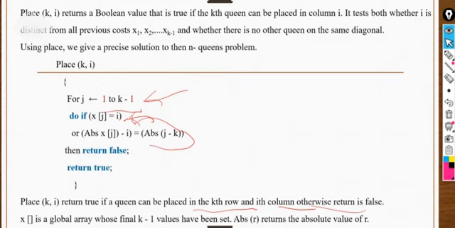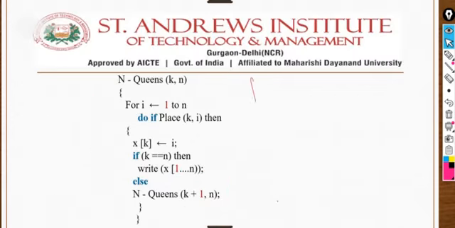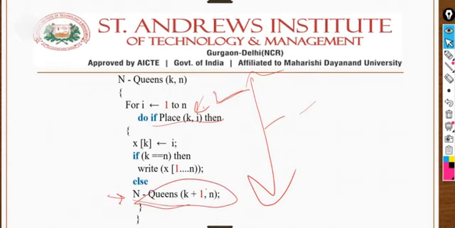The X array is a global array here. The final k minus 1 value has been set, and the result is the absolute value that will be returned here. And that is the queens algorithm. If it ensures the following condition, you have to place the queen at that particular location, at the ith and kth location, and otherwise you have to repeat the n queens part again and again, so recursively you can repeat it. It was all about the n queens problem.